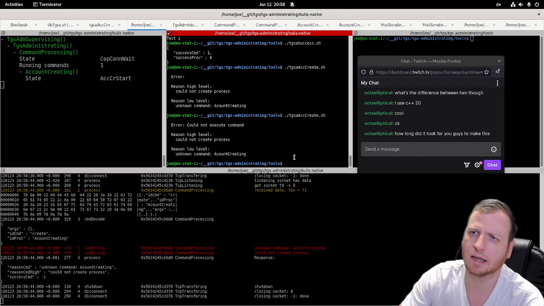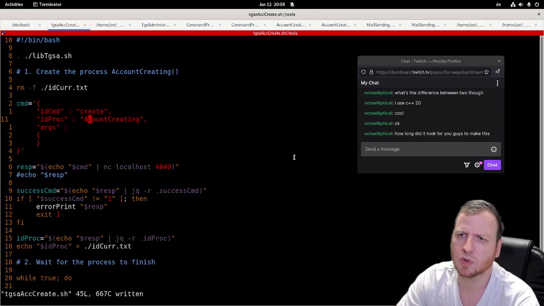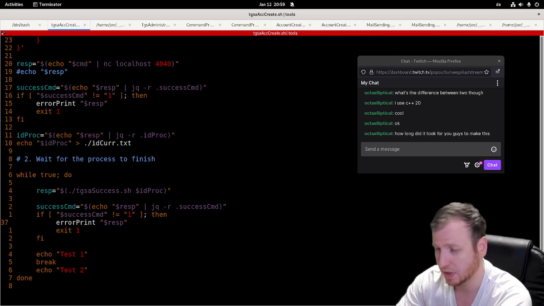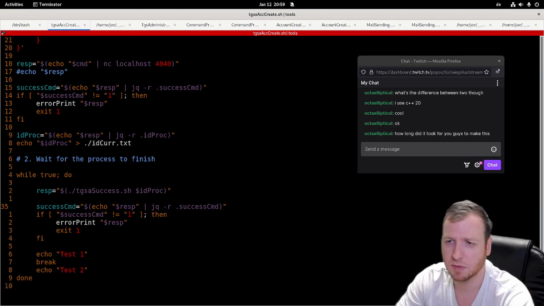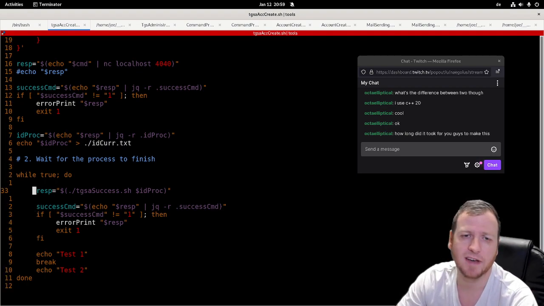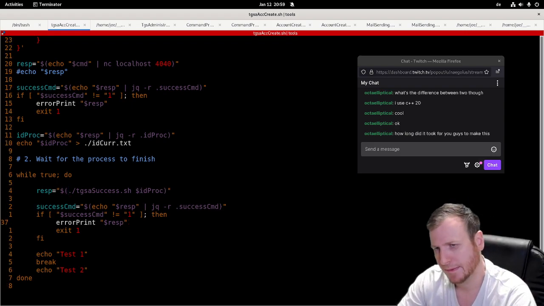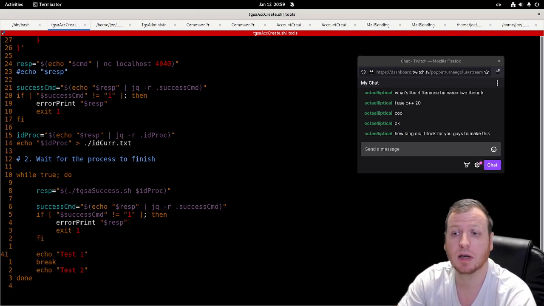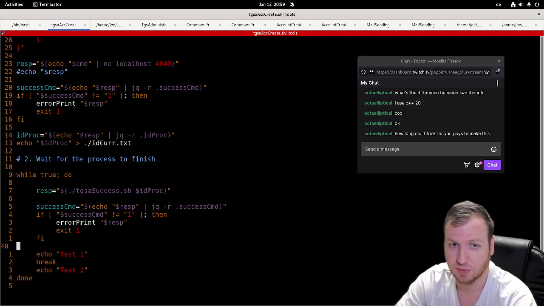Yeah, that's cool. And now we can reuse this error printing function at this point. So if this command failed because of some reason, maybe the ID was wrong, then we have to return. Otherwise, we have successfully